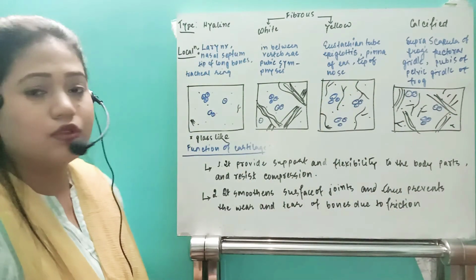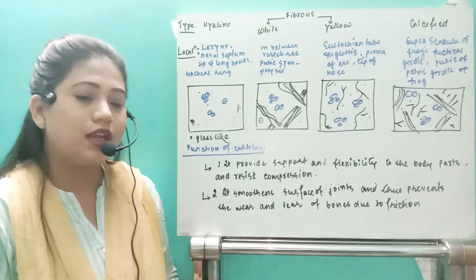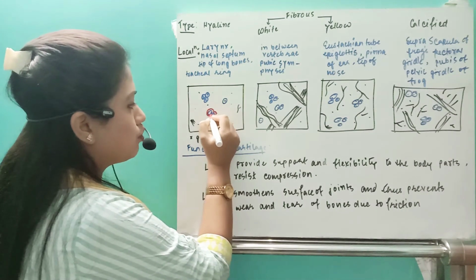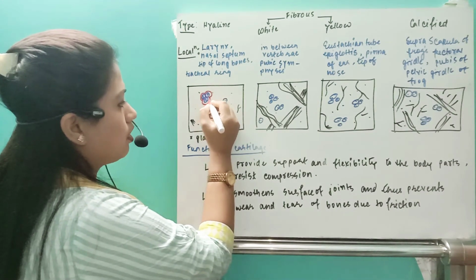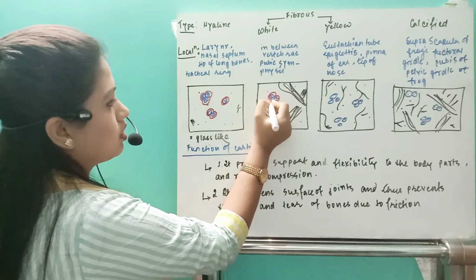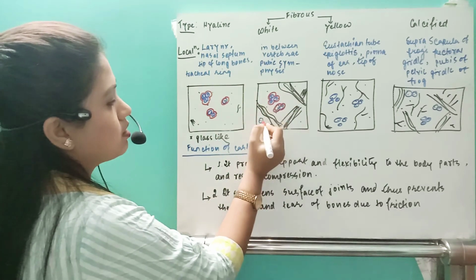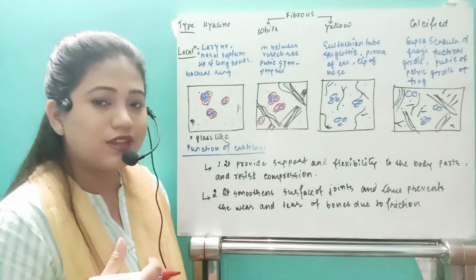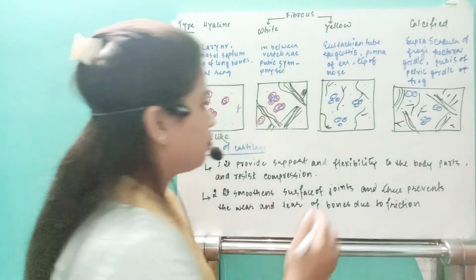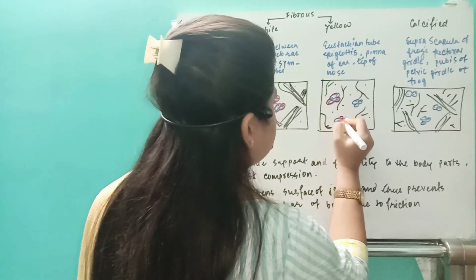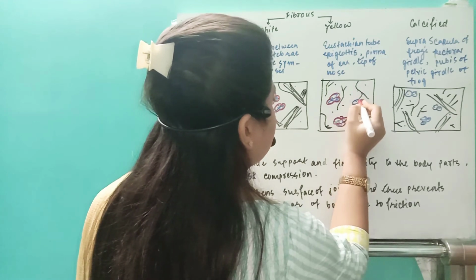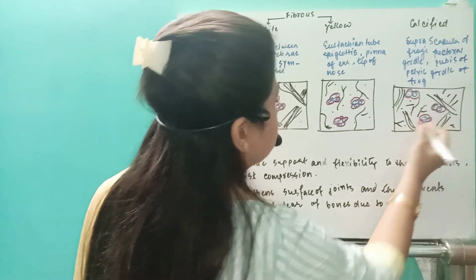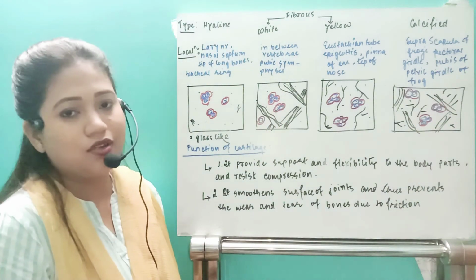And if it comes to the cells, chondrocytes, yes, they are lacunated. They have to be inside a fluid-filled cavity where these nutrients will be present. Here the nutrients are present in this fluid-filled cavity because this cartilage is devoid of blood vessels. So up to which region can the blood vessel come? Only up to the perichondrium. So everywhere they are lacunated, right? Lacunated, empty spaces, fluid-filled cavities are present where the chondrocytes are suspended.